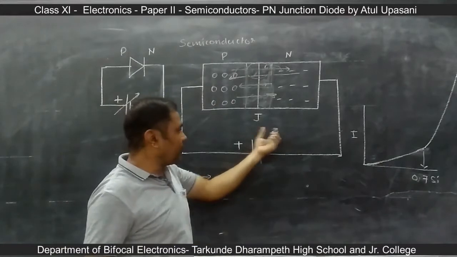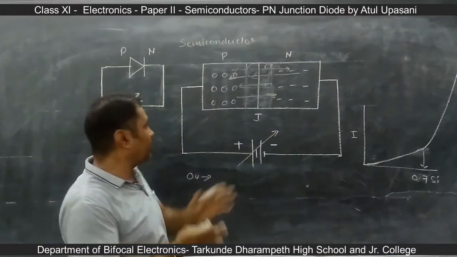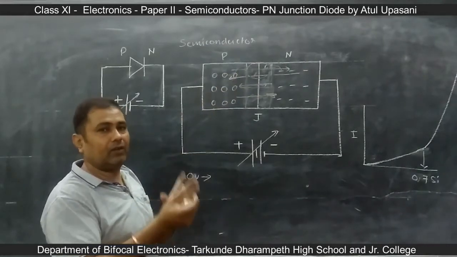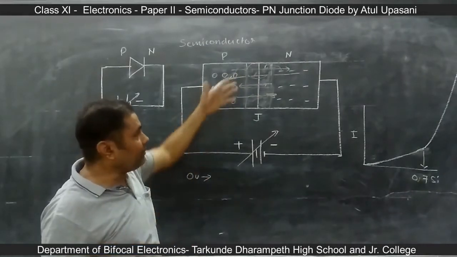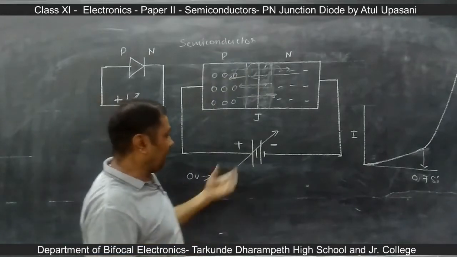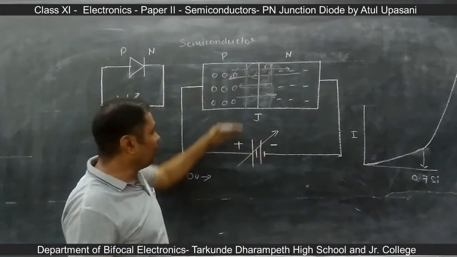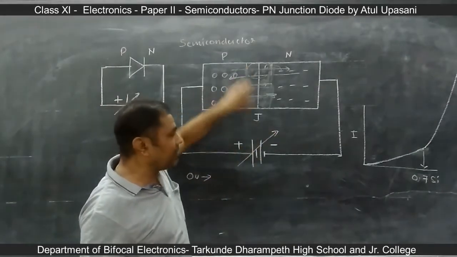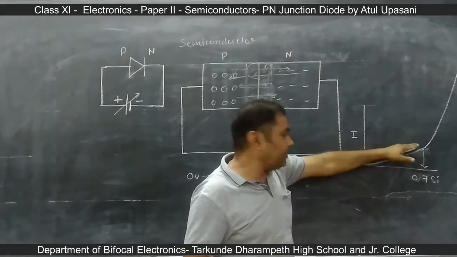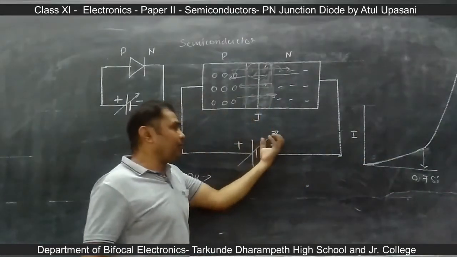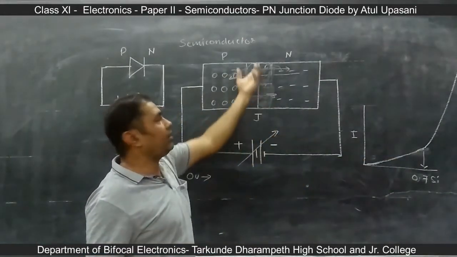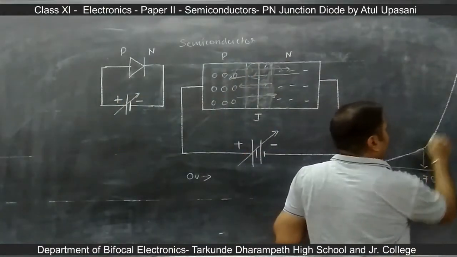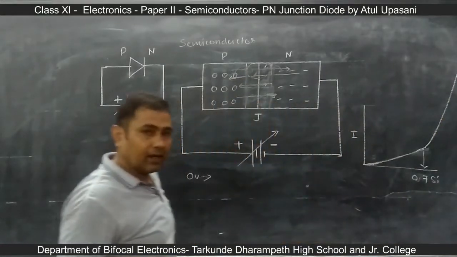So up to 0.7 volt, there is only a small increase in the current because some pairs of holes and ions, and electrons and ions, will be there, and they vanish slowly depending on the applied voltage. So if the voltage is increased from 0 to 0.7 volt, there is a very small current increase, as you can see in the graph here. But at 0.7 volt, all the depletion layer has vanished, and if you increase the voltage beyond this, there will be a rapid increase in the current.